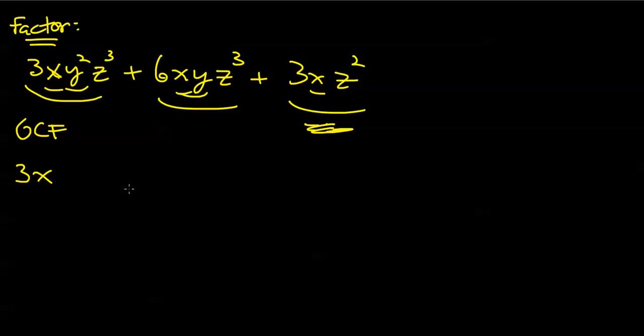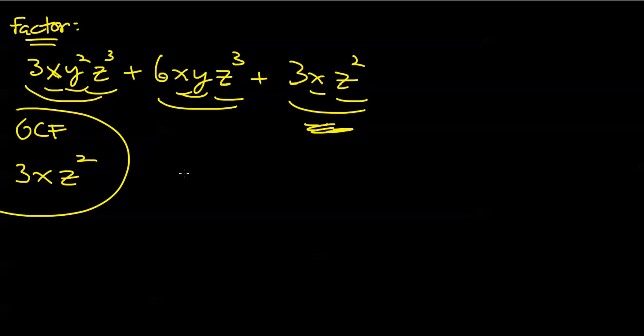So I can't factor out a y from all three terms. It's not common. How many powers of z are common to all? Well, I think 2 powers of z, or 2 factors of z, are common to all terms of this sum. So my GCF is 3xz squared, so I can factor out a 3xz squared from this trinomial expression, and according